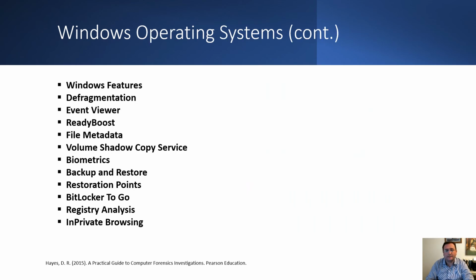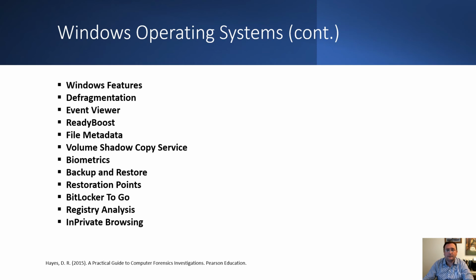Windows operating systems have several features, including defragmentation, Event Viewer, ReadyBoost, file metadata, Volume Shadow Copy Service, biometrics, backup and restore, and restore points. Many features are available for the users, and many of these features are also helpful for forensic examiners to investigate